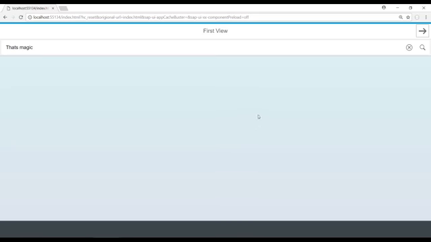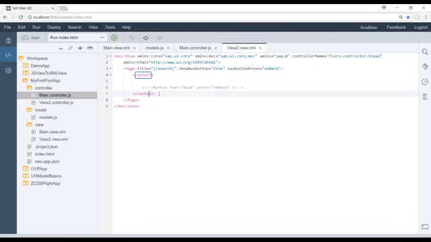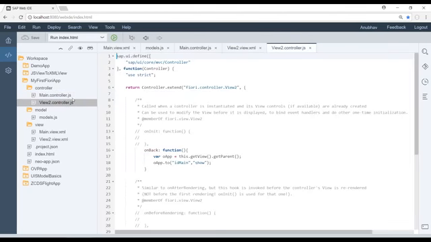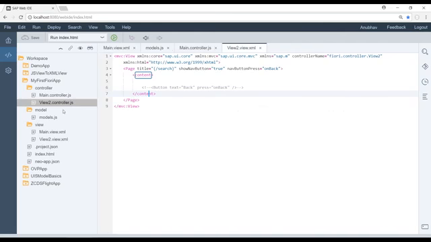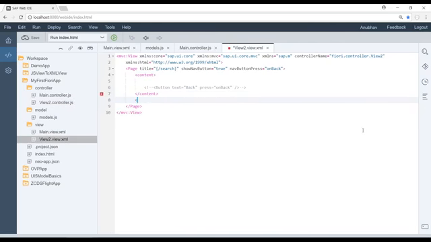Now, moving next, I want to add some toolbar buttons in the bottom. Let's do that. So let's go ahead to the first one. Maybe I want to add a toolbar button on the second view. So I go to my second view. Where is it? Here it is. And in this second view, I'll also add a footer,